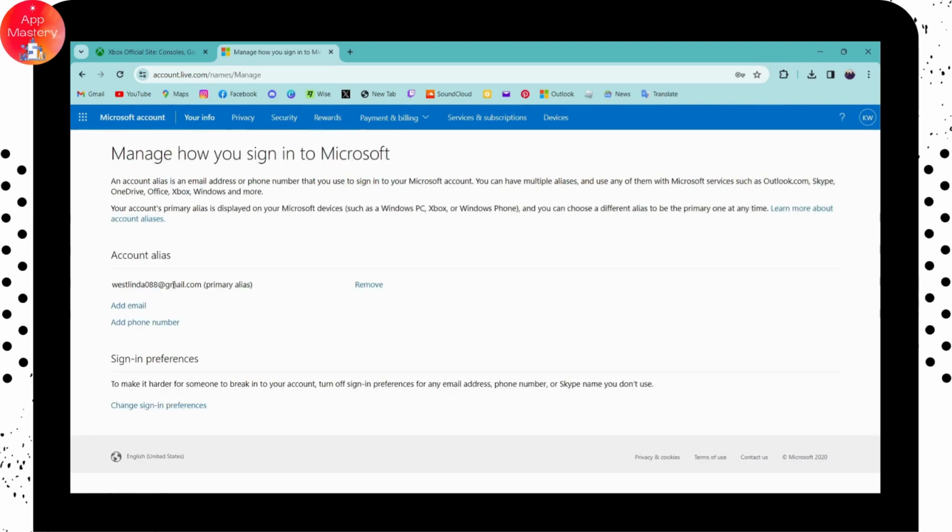And after entering the email address, you will have two email addresses here, right? So what you can do is you can simply click on remove next to the email address which you would like to remove. And after removing that email address, the next email address which you have added just now will be the primary email address. So that's it. That's how you change email of your